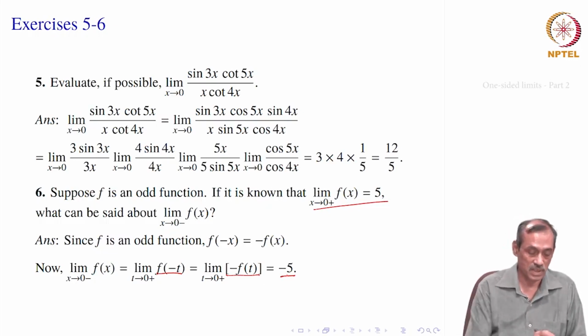For an even function, something else might happen, it may not be the same, because it is even, you get f of minus x equal to f of x. So, this one becomes f of x, there is no minus sign, it will be the same as that. Okay. So, let us stop here.